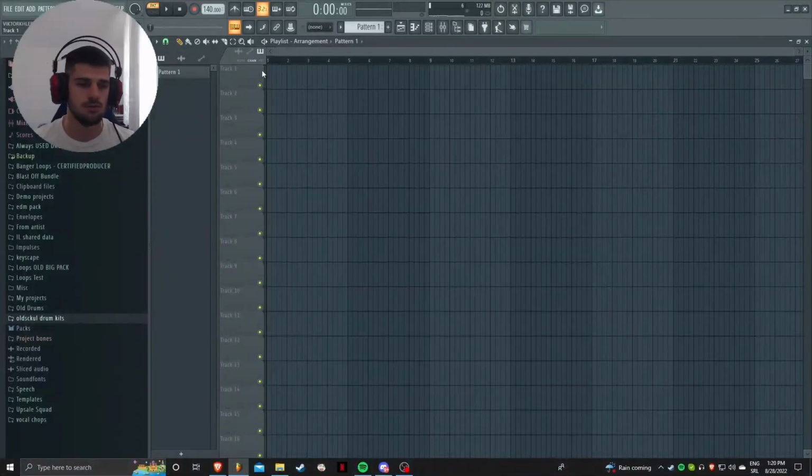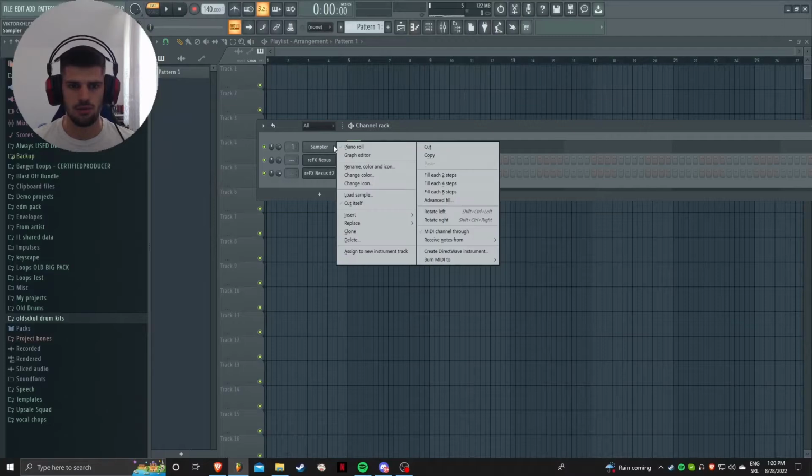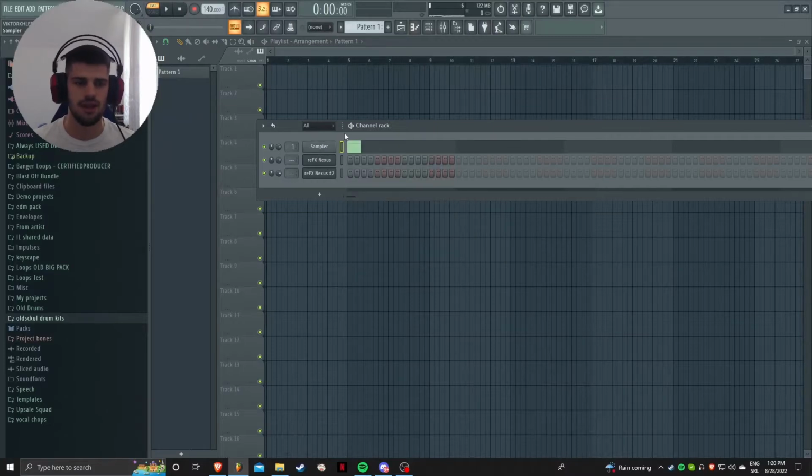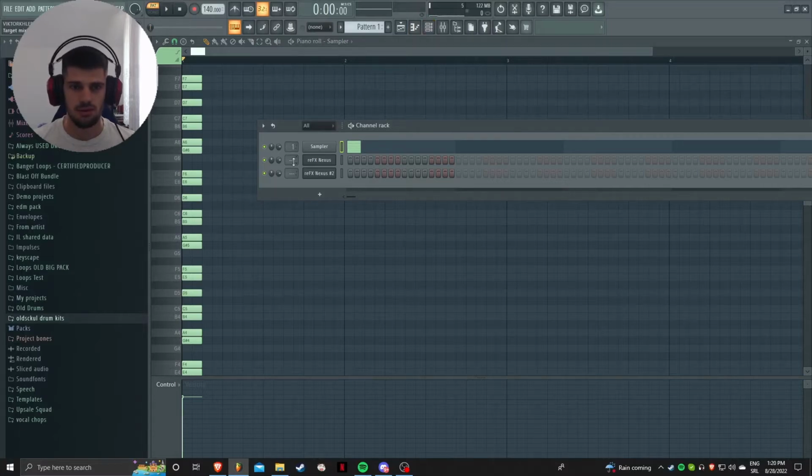So I'm here in FL Studio as always, and I just loaded some sounds to not waste time while loading VSTs and stuff like that. I already have my scale here that's going to help me build my notes. That's what I always suggest you do if you are struggling with music theory. But let's get started. I got this Nexus and one more Nexus here,